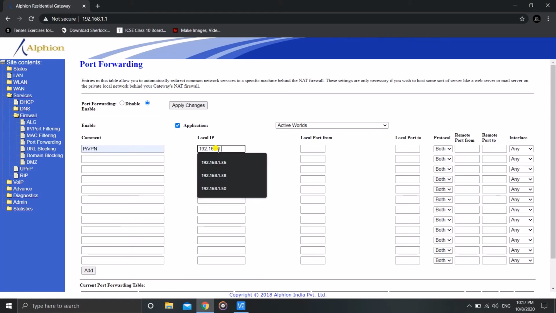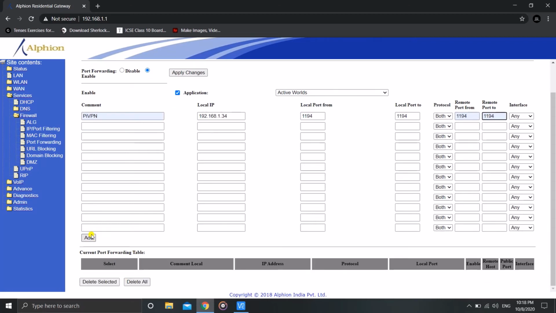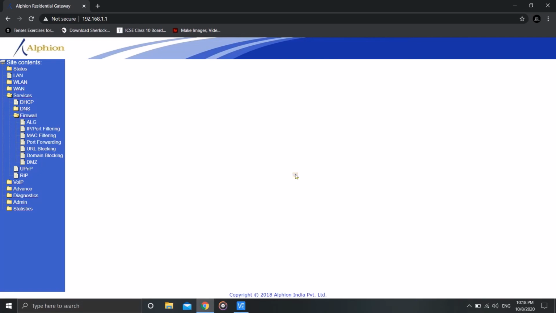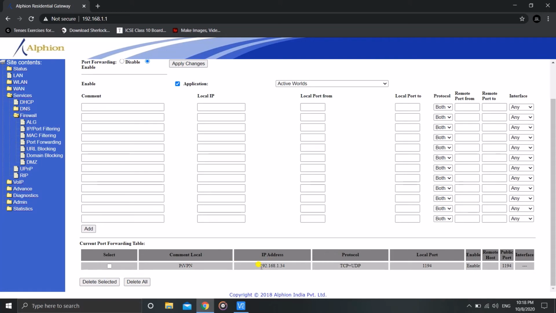So I'll just enter the IP address which I wrote down while setting up the VPN, as I told you all to write it down. Then the port number, which I also told you to write down, is 1194. If you just blindly enter that, the local port will be 1194, local port 2 will also be 1194, the remote port will be 1194, as well as the destination port. Just click on add now. Don't blindly copy what I am doing. You should know that for the local IP you have to enter the IP address of your Raspberry Pi. So just do that. Done.